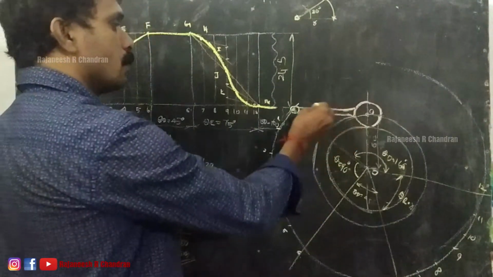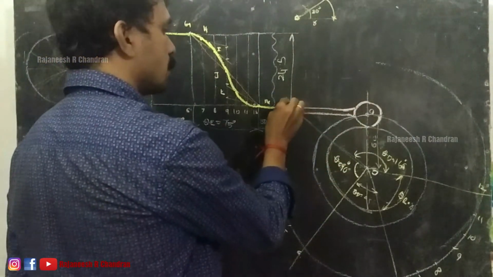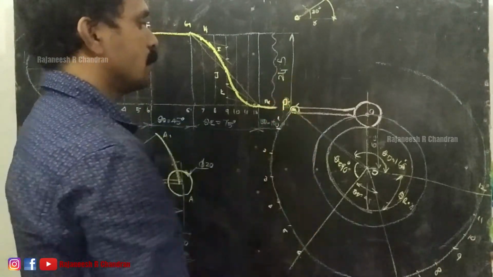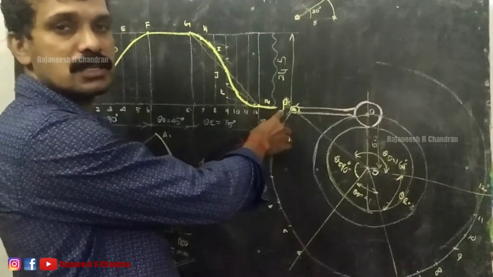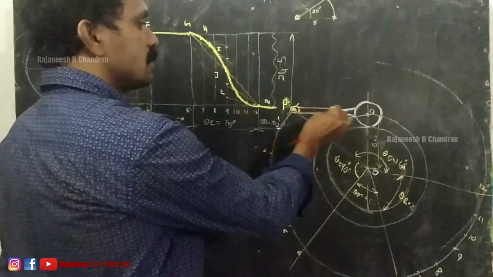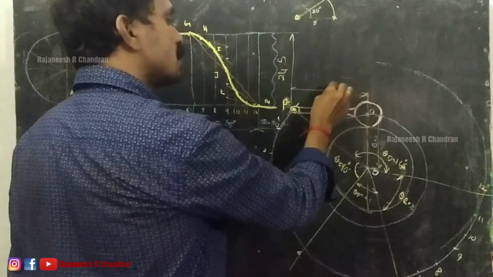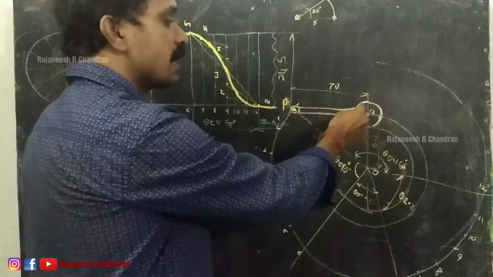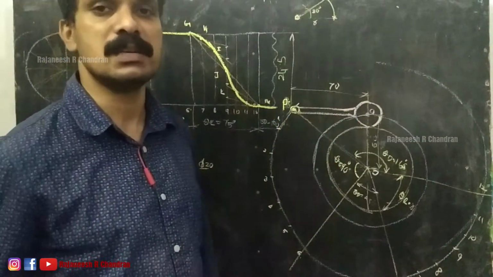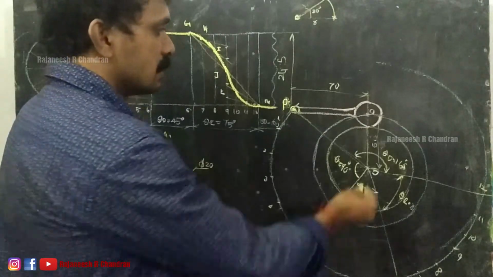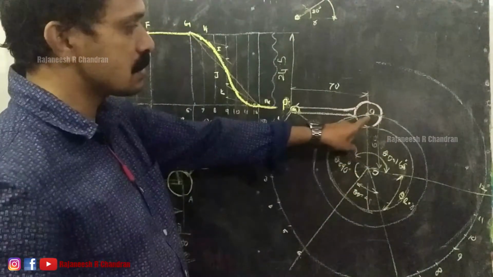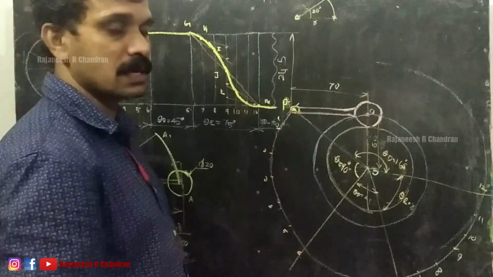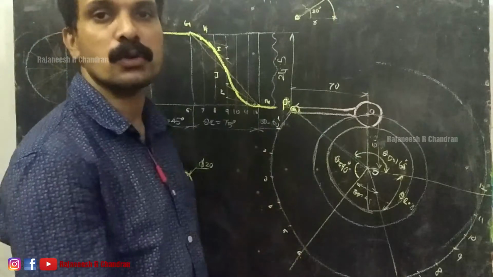Now what is this point? Here we can take A, O dash, and P. This is the pivot point, right? So this distance is given as 70 in the question, which means the distance between the pivot point and the center of the roller will always be 70 mm, right? This curve is the locus of the center of the roller, that is known as the prime circle. This curve is the pivot circle, which is the locus of the point P during rotation, right?